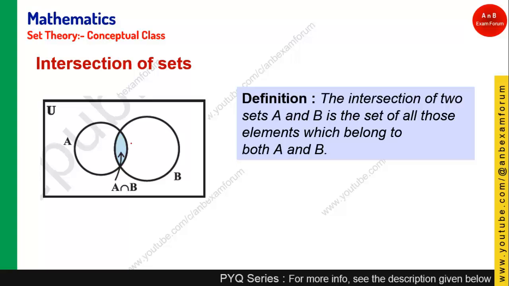Okay, and by definition, A intersection B means X belongs to A and X belongs to B. Whereas if you go to the union, it is OR, but here it is AND, which means the element should be in both of the sets. Okay,